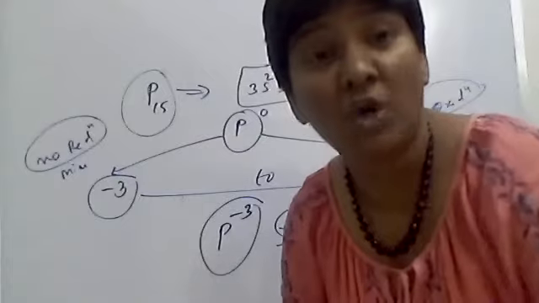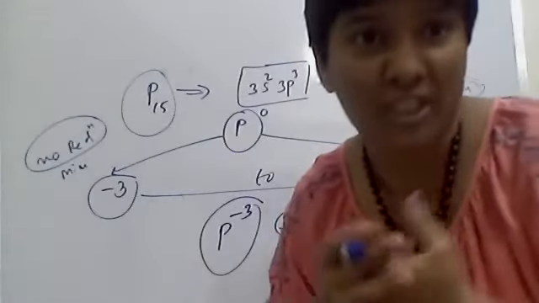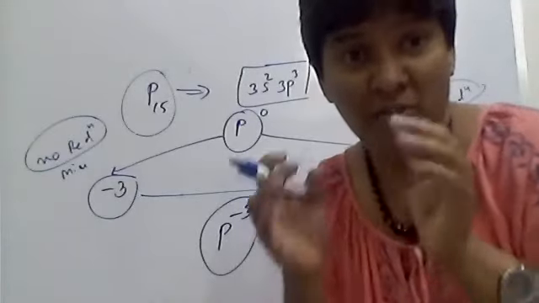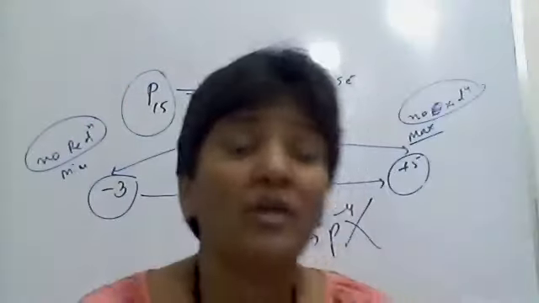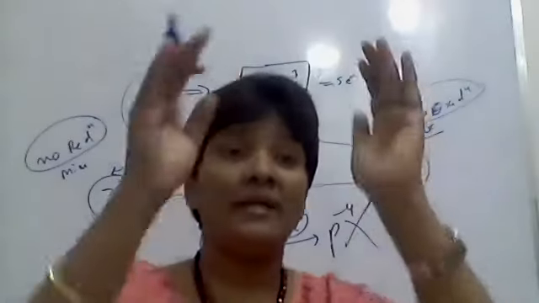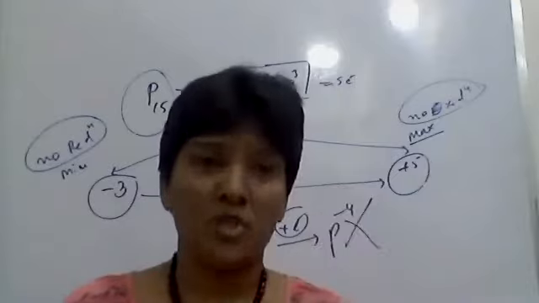Okay, it has to oxidize and reduce. Then it is called disproportionation. If the element has to undergo reduction and oxidation from its existing oxidation state, then it's called disproportionation.